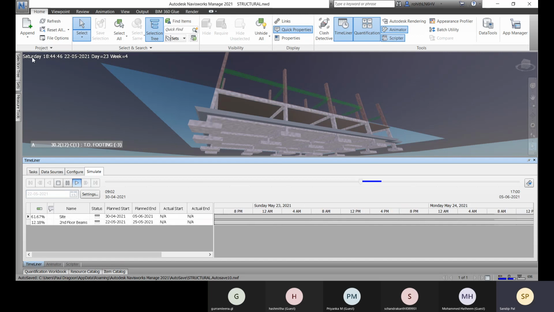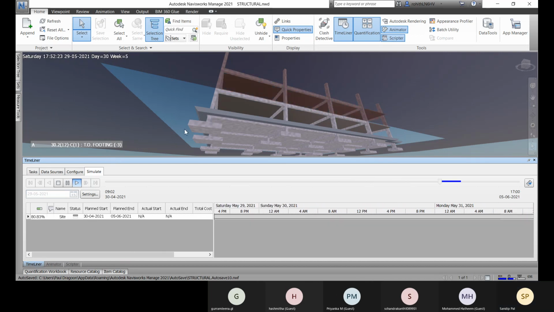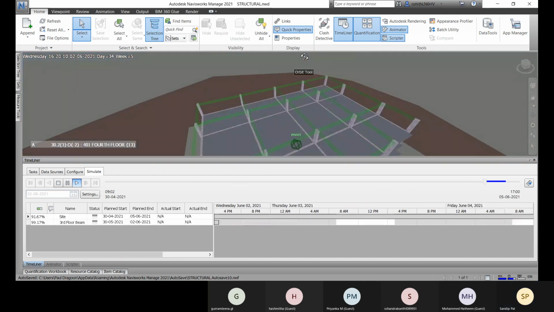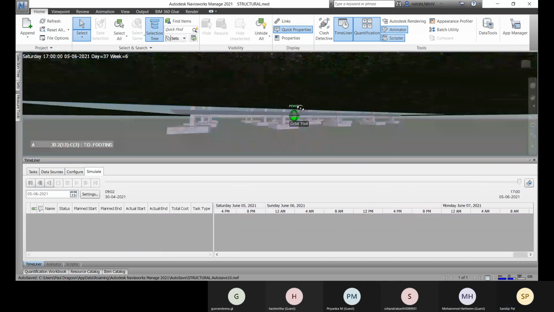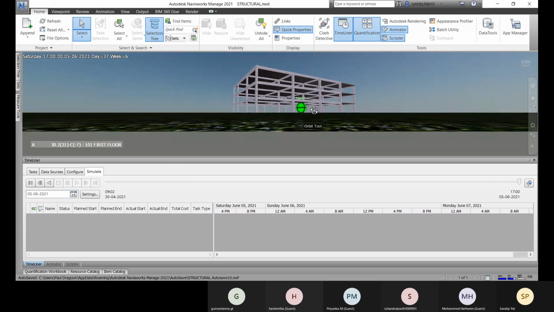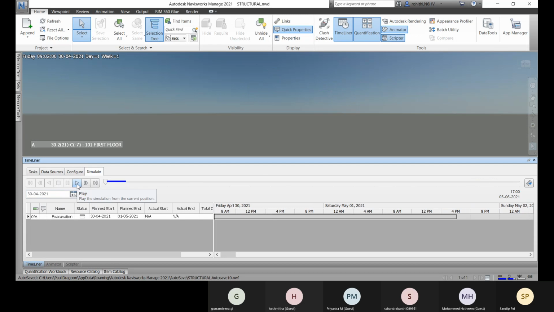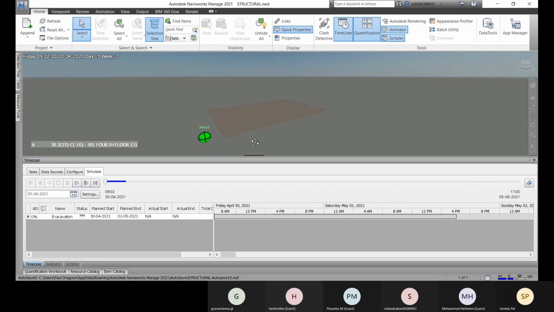And here also you can see everything. Okay. Now here also you can check it. So this is the demolish part, right?